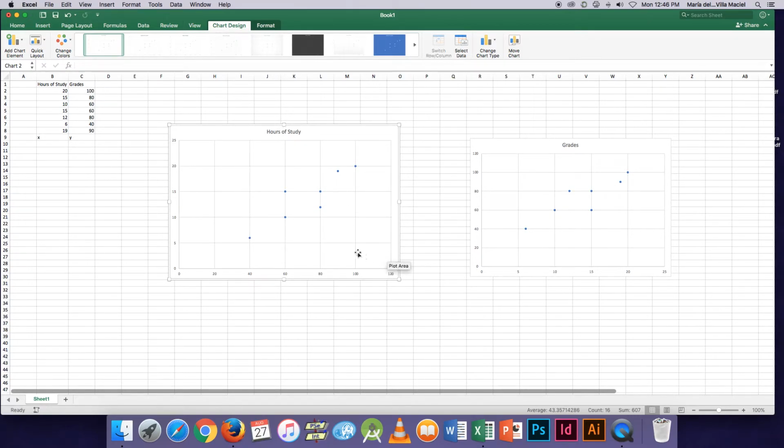graph where you have not the grades in terms of the hours, but the hours affecting the grades. And even though it may look very similar, you can see differences on the numbers if you're working on the export. Also,